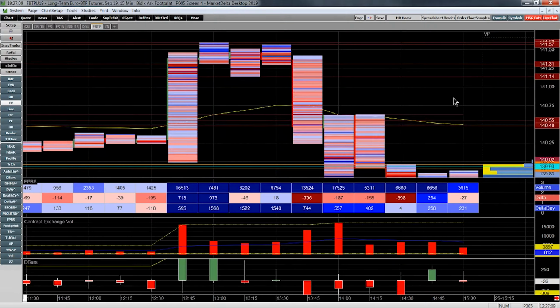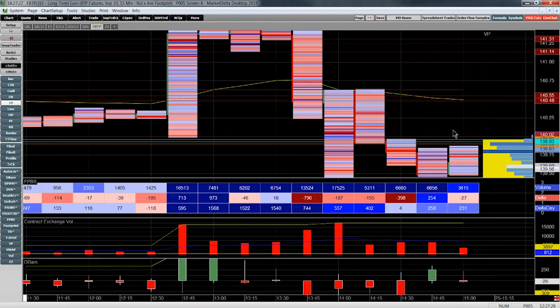The point I'm trying to get across, guys, is that you've got to be looking at how these levels are formulated, not just, oh, there's a level there, I'm going to put a line. Okay, certain levels that are created by strong levels of selling, strong levels of resistance are going to be much better levels than just your regular put a line on a candlestick. Okay, now this is where it gets fun.